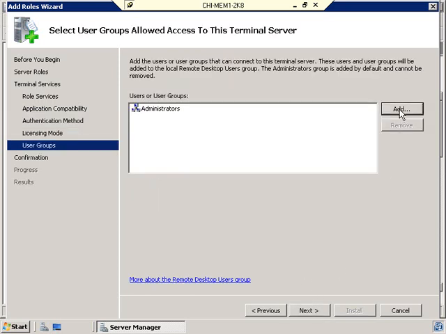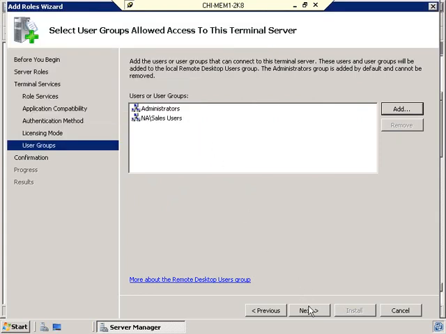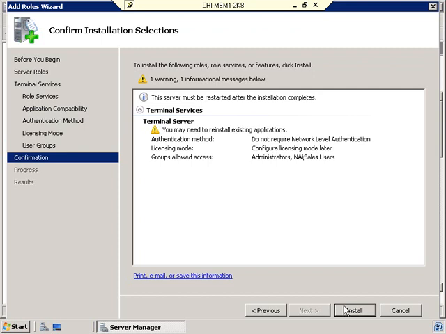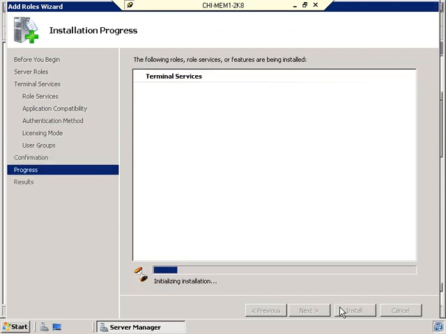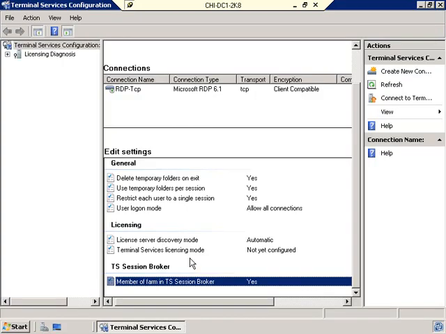Next. We'll add the sales group and click Check Names. Sales Users. Click OK. Now this time we don't need to do the extra step about adding the right to log on locally because this is not a domain controller. So I'll click Next, Confirmation, Install, and once it's done, it's of course going to ask us to reboot as well. But in the meantime, while it's doing that, let me take us back to Chicago DC1